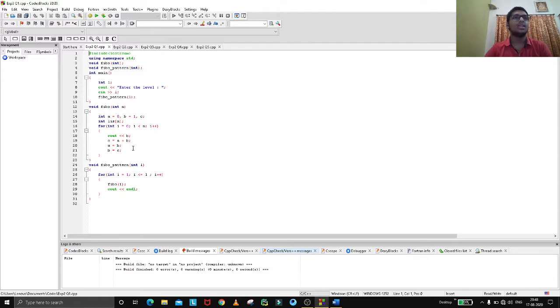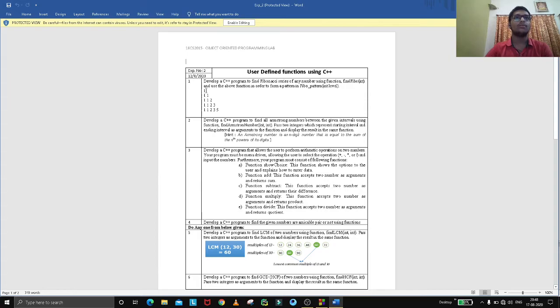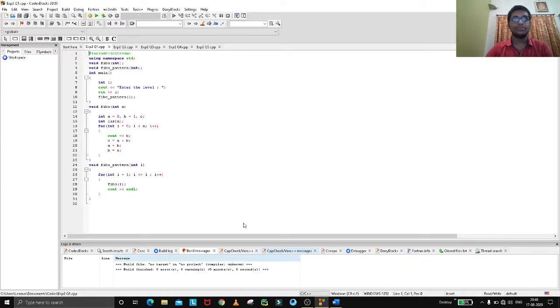So basically what the code says is that we have to print the Fibonacci series in a pattern. So the pattern should be like this, and the code for printing the pattern is this.